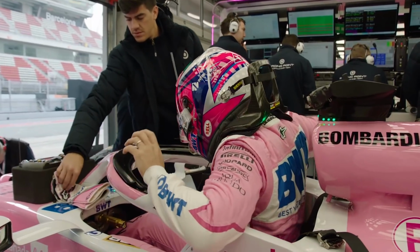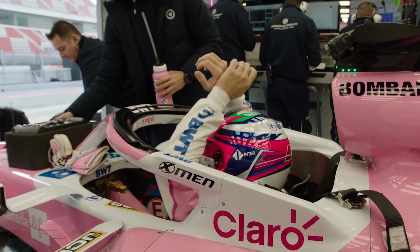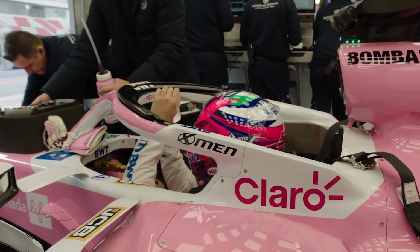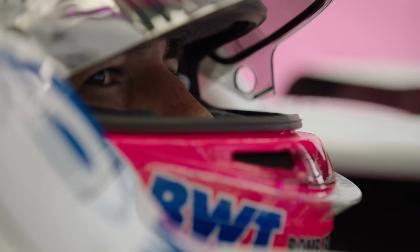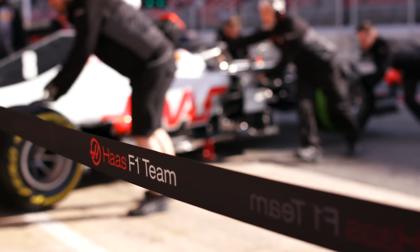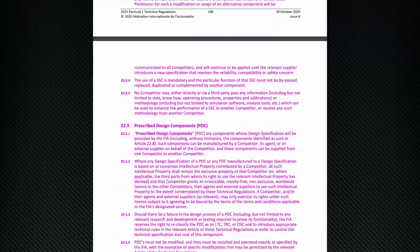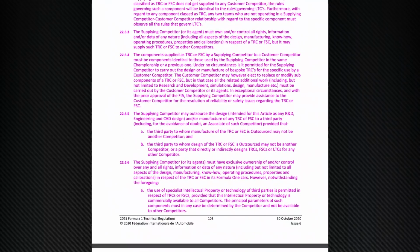Since the Racing Point pink Mercedes controversy was finally resolved, the FIA has planned to outlaw so-called copycat cars in Formula 1 in 2021. While a laudable objective, the question of how to achieve this was more complicated. But now, the FIA has released the regulations that draw a clear line between drawing inspiration from a rival car